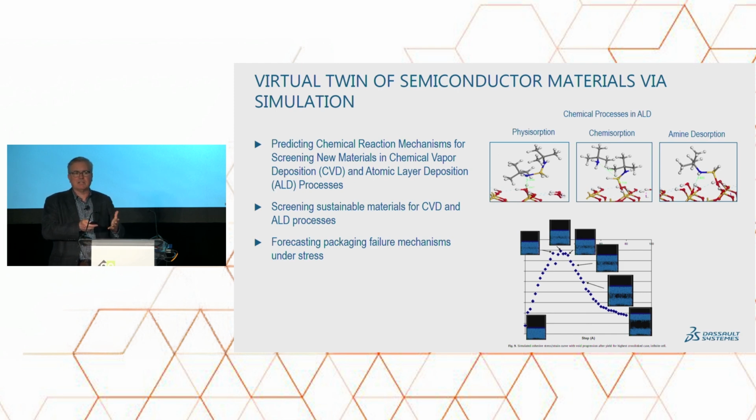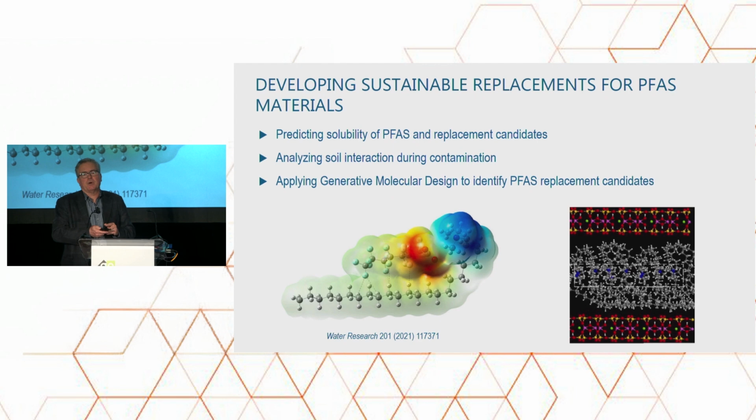So these are things that can be modeled again to help drive experimentation, to be able to test things on the computer virtually before going into the laboratory. So using a more rational approach to the design. So this approach can be used to look at identifying replacements for these PFAS, so these perfluorinated alkyl silane materials, so forever chemicals. So the ability to predict properties like the aqueous solubility and being able to predict interaction with soil. So in this case, how these molecules interact with the clay layers in soil. So to be able to virtually screen different materials as well as new replacement opportunities.